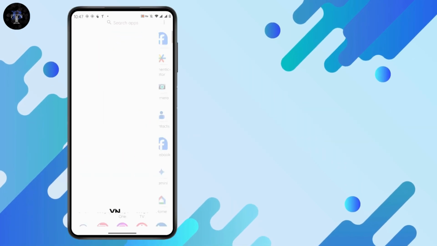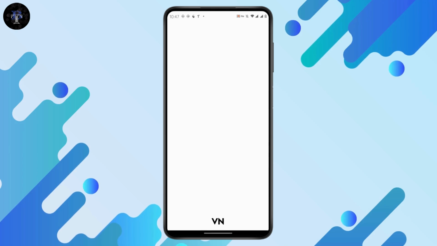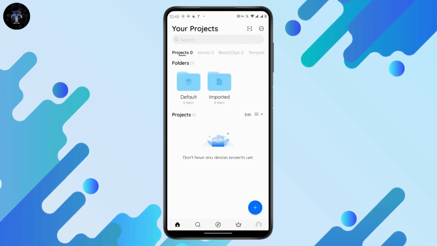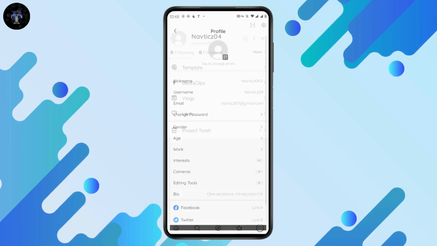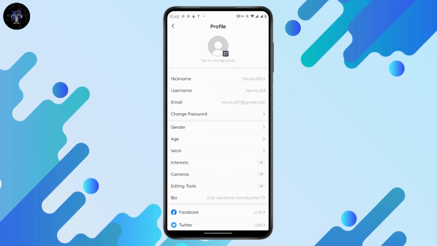So let's get started. If you want to change your VN account's password, what you have to do is follow some basic steps. First, open up your VN application and then tap on the profile icon which is on the bottom right. After tapping on that, just simply tap on your profile. And after tapping on your profile picture, now from here you can just simply tap on change password